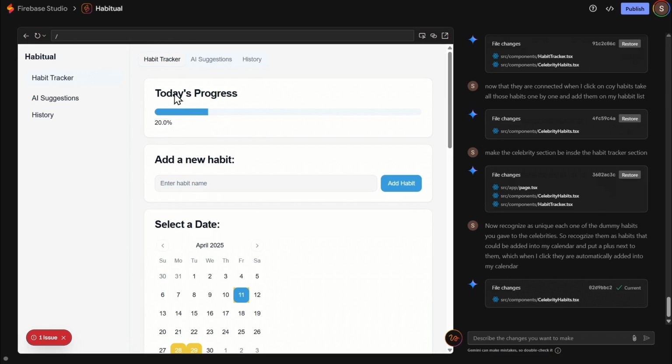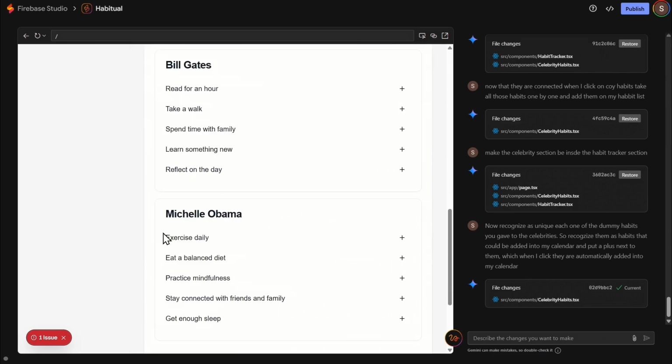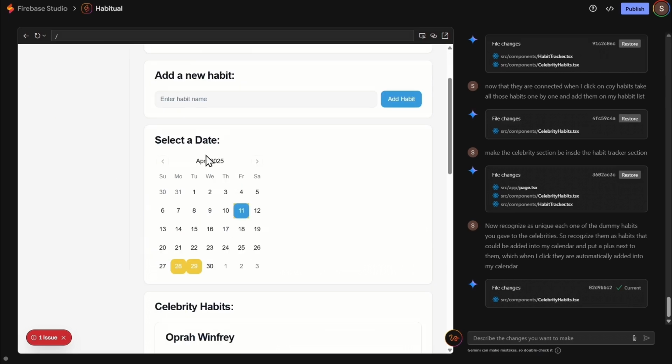So yeah, that was a lot of troubleshooting with this one. It had a very hard problem recognizing and transferring data between two different sections, but we actually managed to do it. So that's great. This section looks pretty good. Obviously we can improve the way it looks,